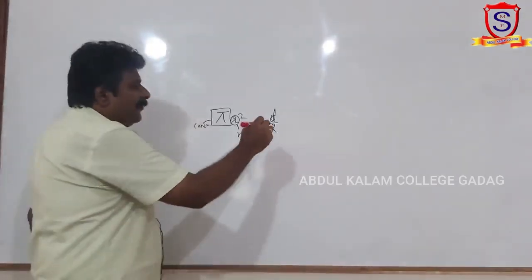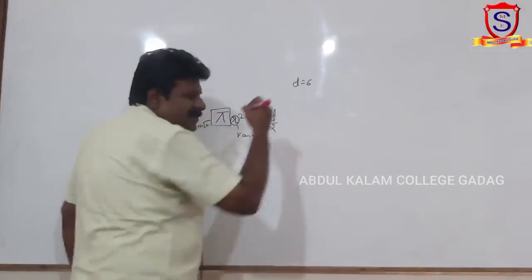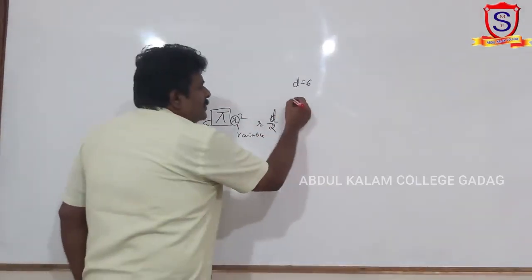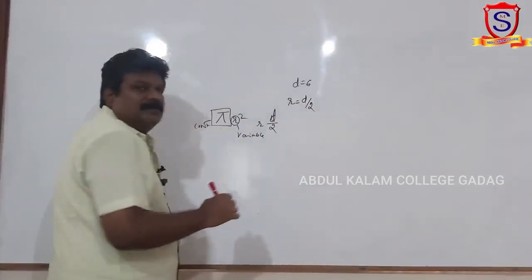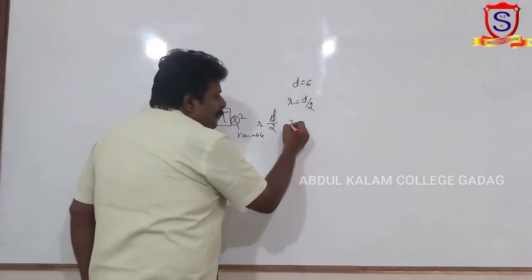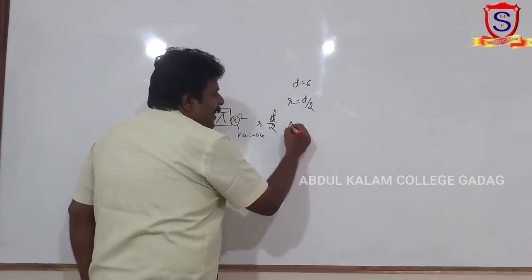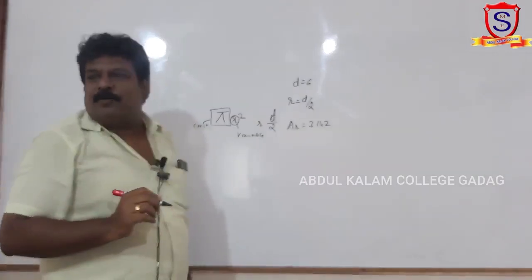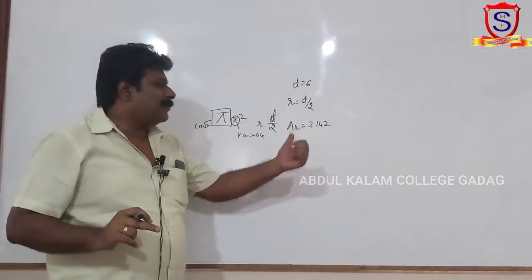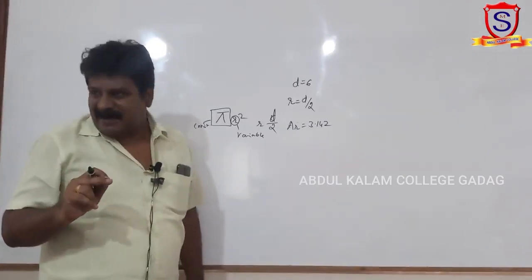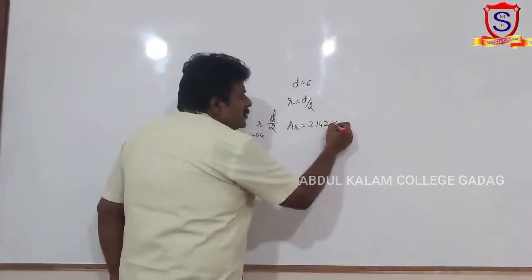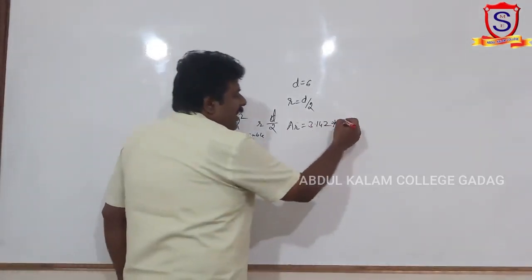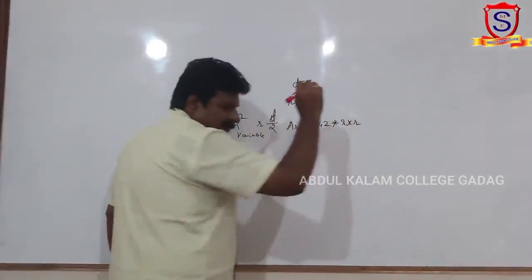For example, if we give d as 6, how can we find out the area? First, we have to say r equal to d by 2. Later, we can say area ar equal to 3.142, instead of writing pi, we are writing 3.142 or 22 by 7, right? Into, it is not possible to write r square. Okay? Instead of that, we write r into r.